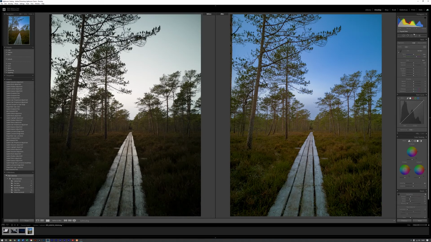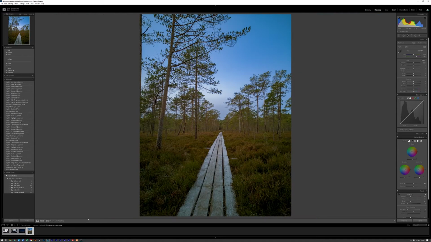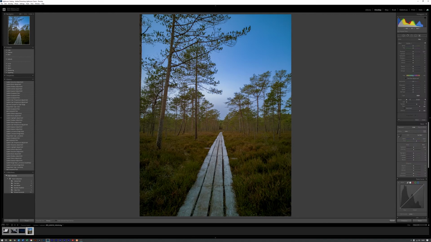Also, what you can do, the range masks also work with this brush tool. So if we go to the brush tool now, and I hit O on my keyboard again, we can see where we're going to be painting in. And if I just paint in here, like so, let's just paint this all in. And I'm not being massively careful here, and there's a reason why I'm not going to be careful here.